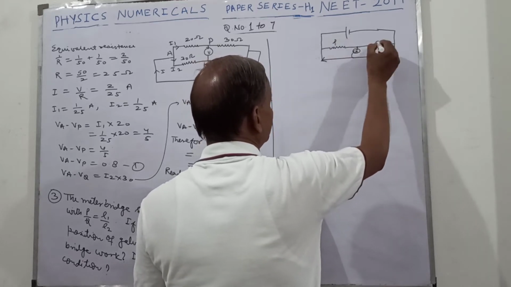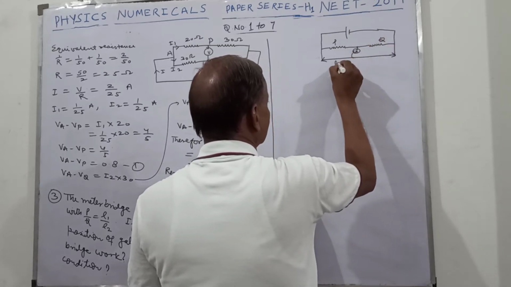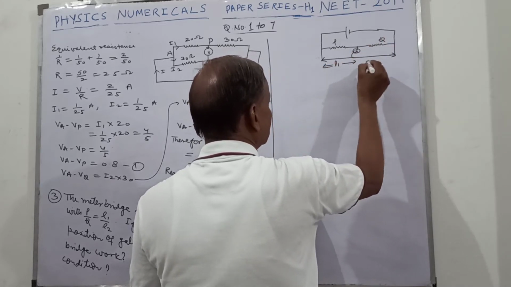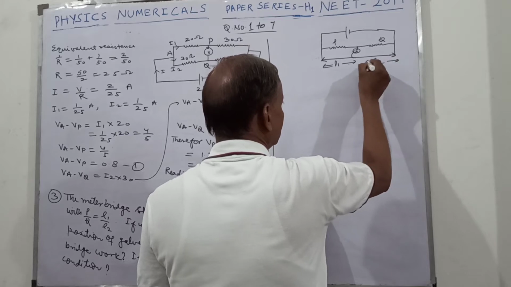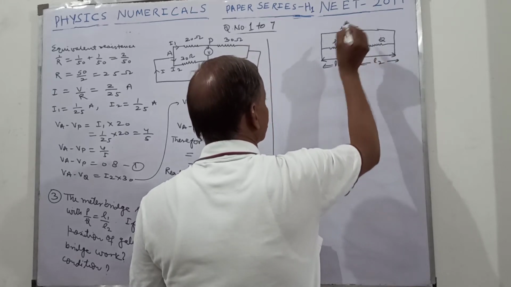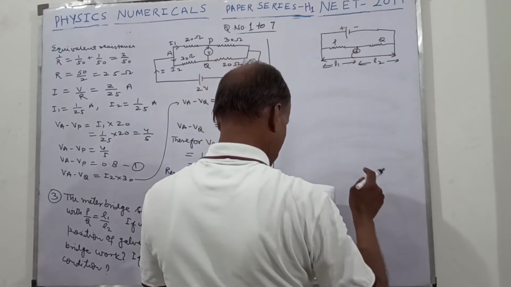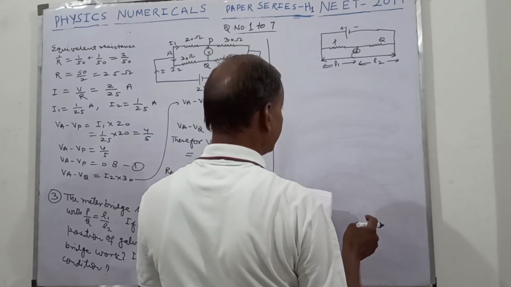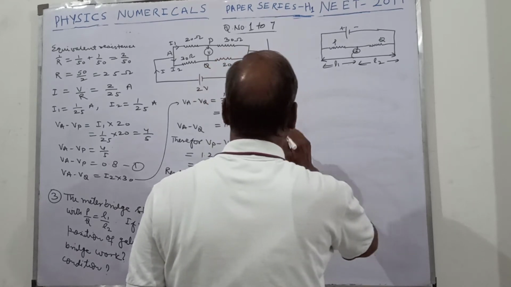This is your P, this is Q, this is L1 and this is L2. This is your plus minus, and this is the given, and the options are,